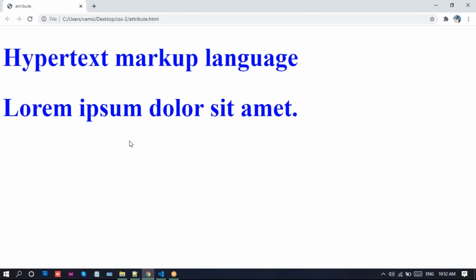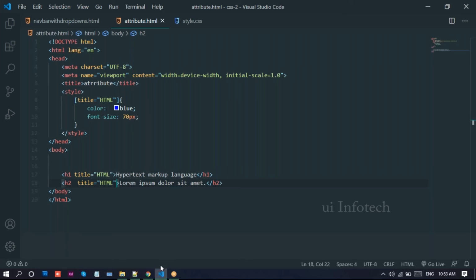And also here, not only this one, I'll just take, see here, I'll take this h2, and I'll provide some text there, around 5. Now here I'll take the same title.